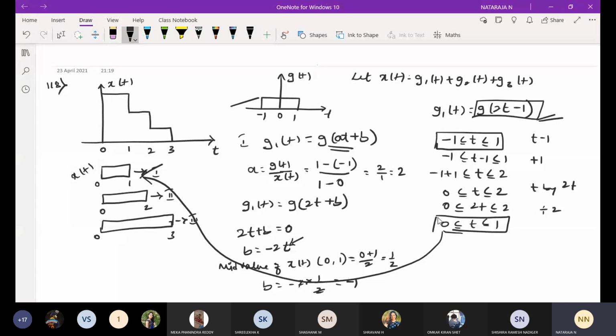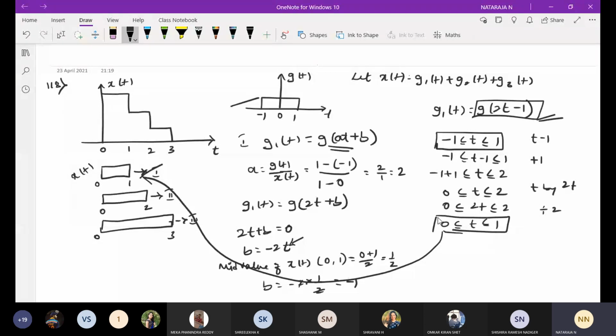Here g of t will be the same, then x of t will have limits from 0 to 2 for the second case. Find the equation for g2 of t, then cross verify whether you get it or not. Then for the third case, g3 of t is equal to g of at plus b. Again g of t by x of t, g of t will be the same, then x of t will be the third case. Consider this. For this you have to find the mid value for 0, 2, the mid value will be